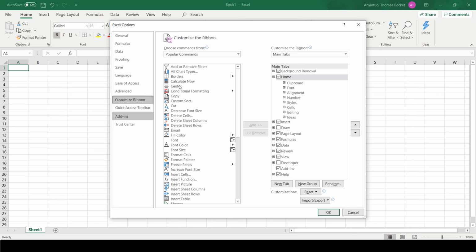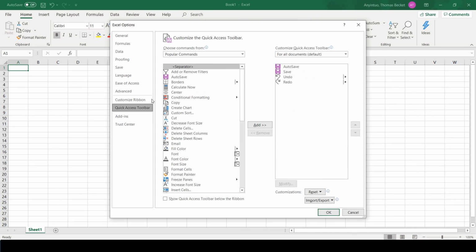And particularly for the ribbon, if you are someone who wants to learn how to write code in Visual Basic for Excel, you have to turn on your developer option, which is normally not turned on by default. So you'd have to come and turn this on in order to get access to where you can write code and stuff. All right, and if you come to Quick Access Toolbar, which is what we are going to do now,